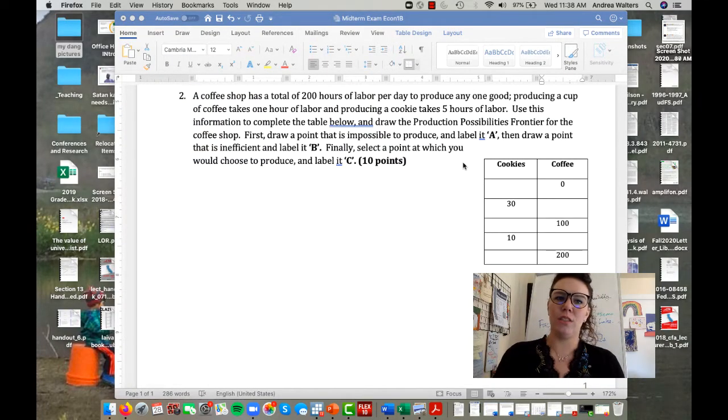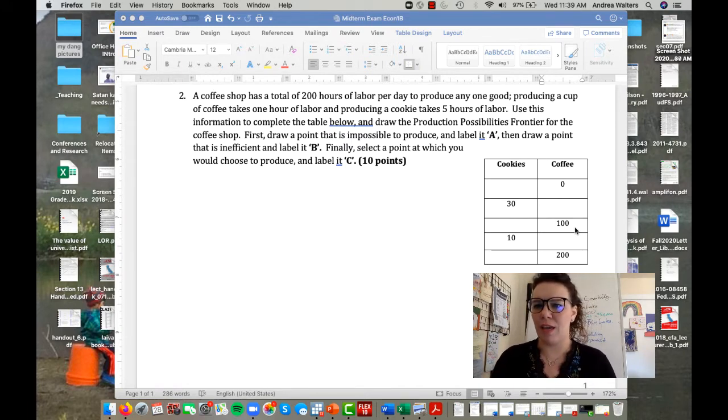Okay, so for part 2, we have a production possibilities frontier problem. It says a coffee shop has a total of 200 hours of labor per day to produce either cookies or coffee. Producing a cup of coffee takes 1 hour of labor, and producing a cookie takes 5 hours of labor. So we can use that to fill in this table here